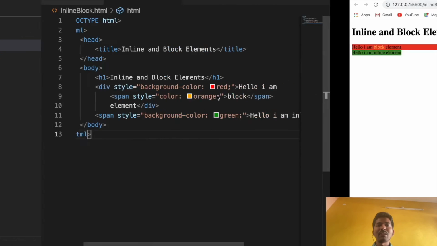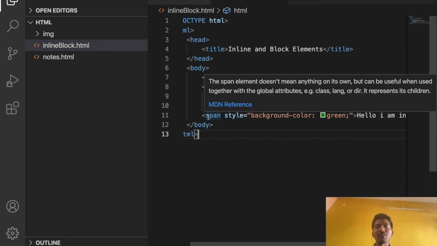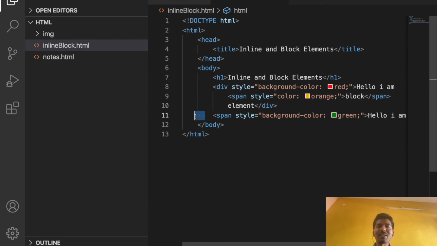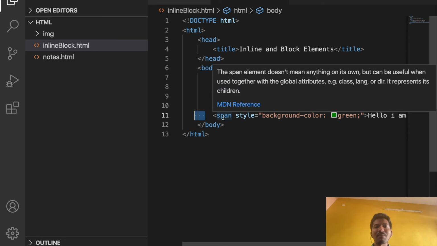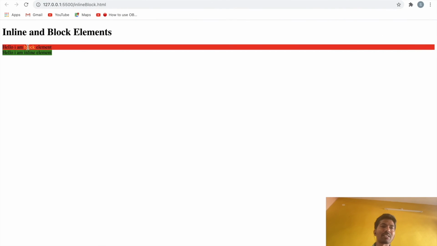There is one more thing: you cannot use a block level element inside an inline element. This is a span, right? Inside a span you cannot use a block level element, because there is no use even if you do. You can use an inline element inside a block level one, and that is useful like this.